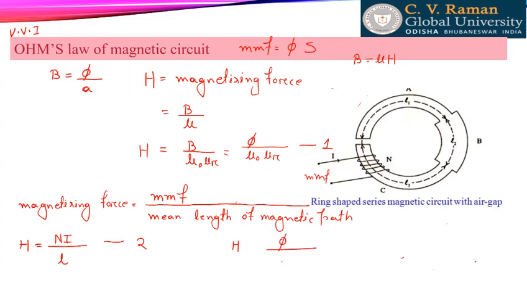Phi divided by mu naught into mu r is equal to Ni divided by L. Or this can be written as phi is equal to Ni divided by L divided by